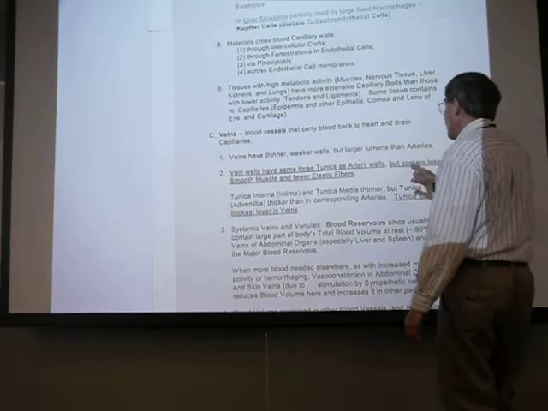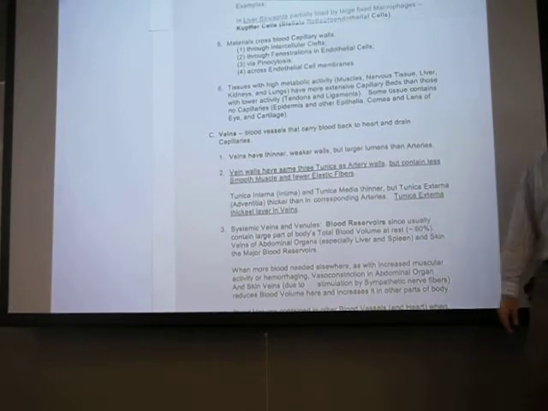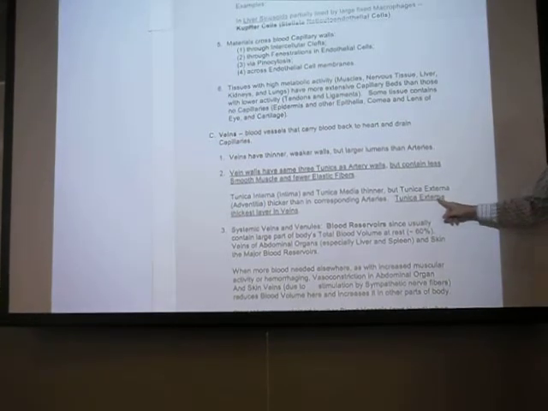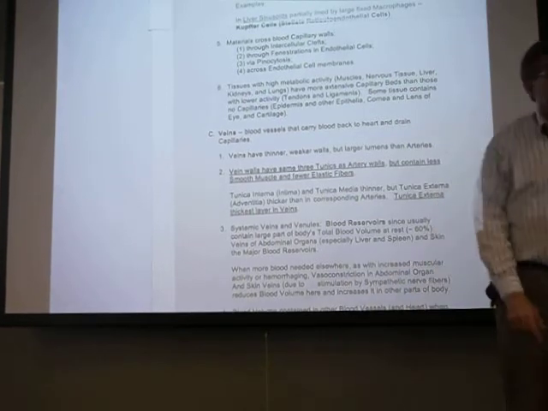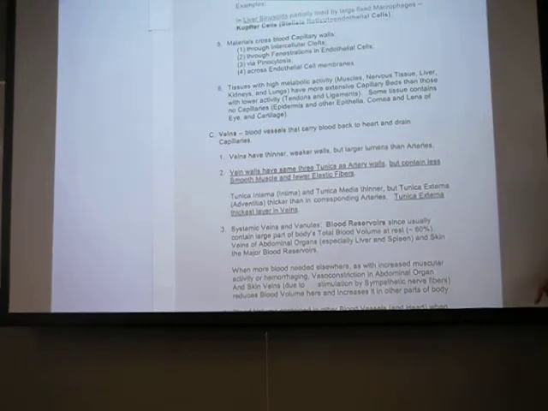And notice too, overall, veins contain less smooth muscle and fewer elastic fibers. Okay, so not as resilient and not as capable of much vasoconstriction and dilation as the arteries. And notice too, again, the tunica externa or tunica adventitia tends to be the thickest layer in veins. In arteries, what is it? Tunica media. Okay. Also, our systemic veins and venules are sometimes referred to as blood reservoirs, because when the body's at rest, at least, most of the blood in the body is actually in your veins,